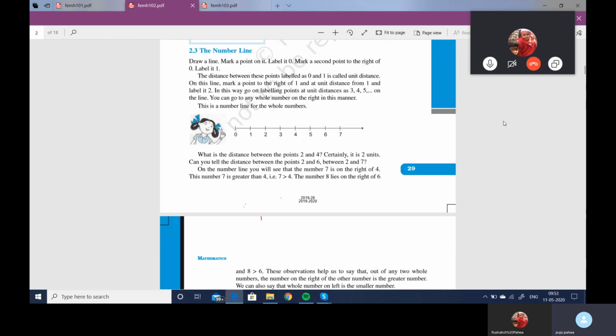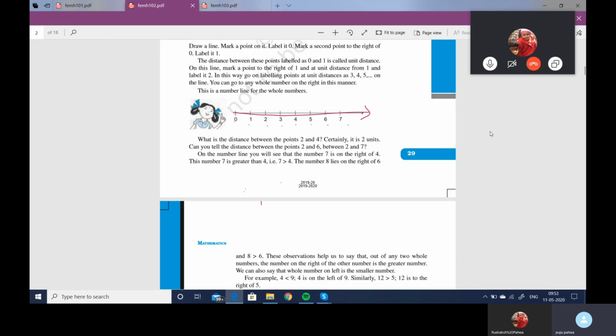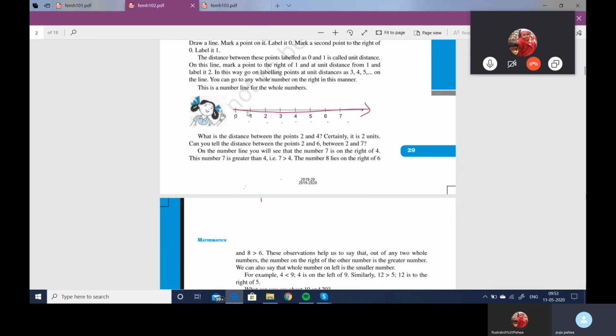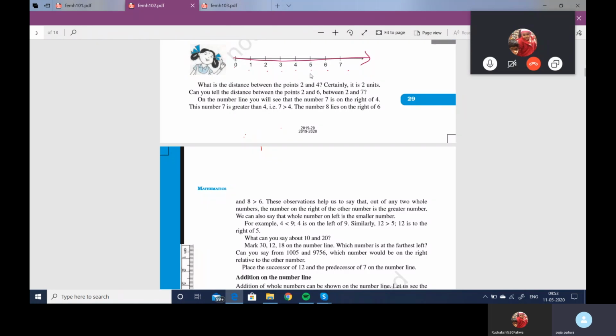Now what is a number line? A number line is a line we make to find out the numbers. It has counting numbers starting from 0, 1, 2, 3, 4, 5, 6, 7. These should be at equal distance, the same distance. Now how will we find the successor and predecessor with a number line? Now we want to find the successor of 4 through the number line. The successor of 4 is 5 because the number immediately after 4 is 5.